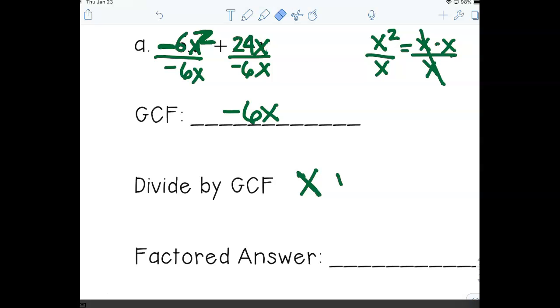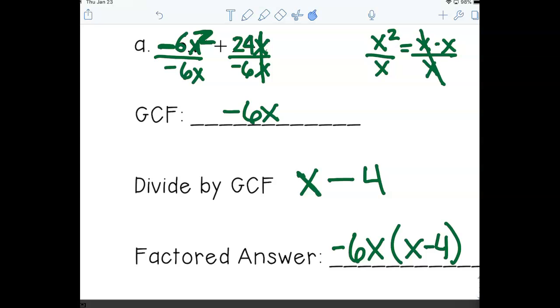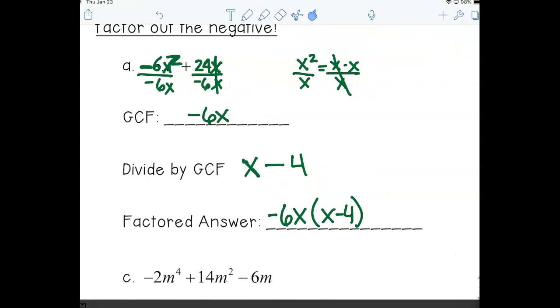Okay, then this positive sign changes to a negative sign because I'm dividing by a negative, and a positive divided by a negative makes a negative. 24 divided by 6 makes 4. X divided by x cancels out, goes away. So I have -6x minus 4. Okay,